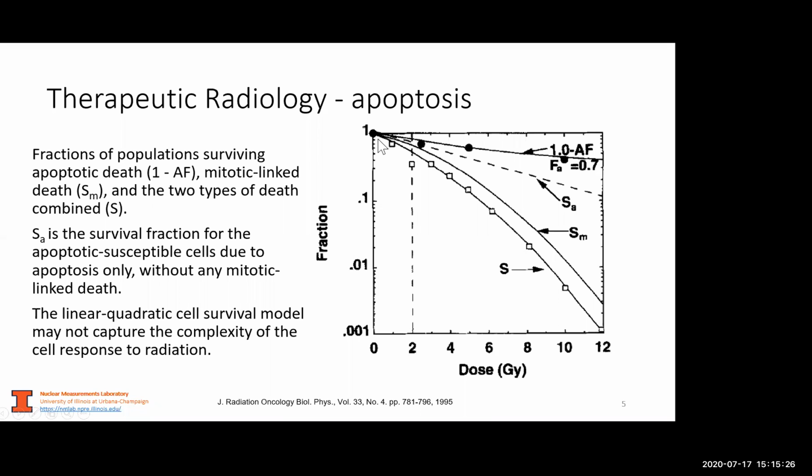The linear quadratic model encompasses a first stage where we have non-repairable damage, in this linear component in a log scale, and then a quadratic component that is typically referred to as repairable damage. So starting from this curve, we can study the effect of ionizing radiation on cells, and we can